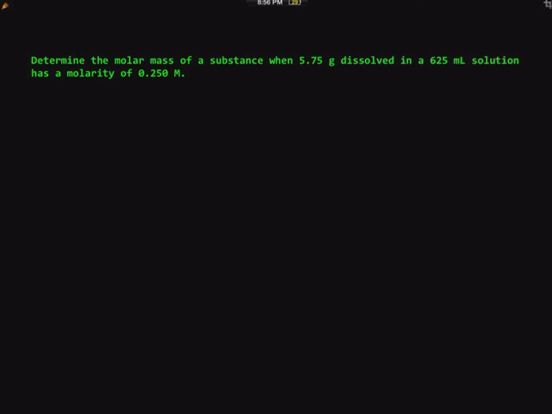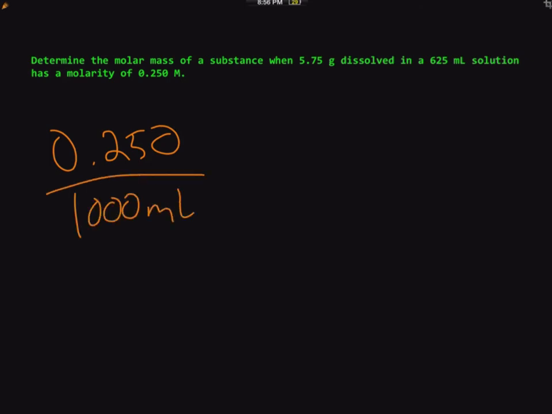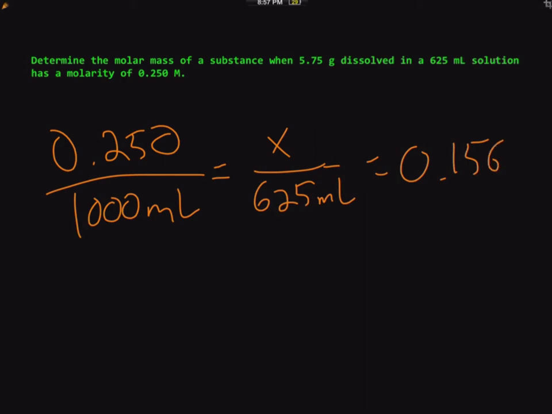In this problem, we're actually doing a little bit of backwards reverse engineering. We want to know, what is the molar mass of this compound? Well, the first thing we need to do to find the molar mass is to find the number of moles. It says it's a 0.25 molar solution, and we have 625 milliliters of it. If you have 625 milliliters of a 0.25 molar solution, that should contain 0.15625 moles. So we've got 5.75 grams,